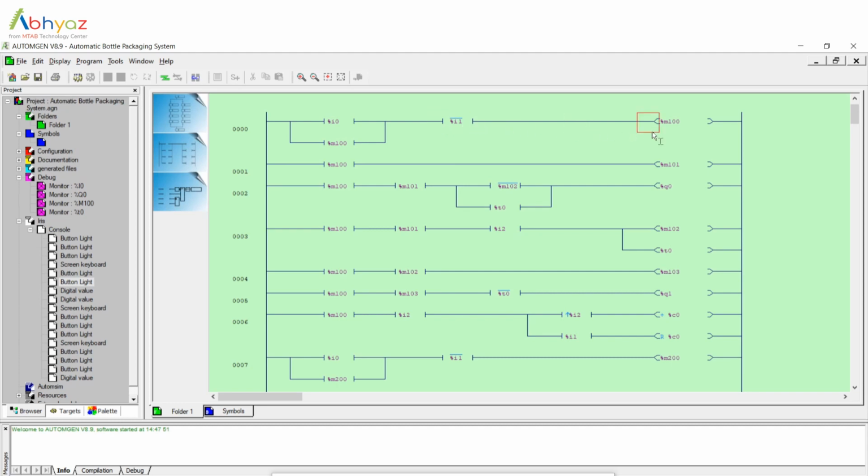And you can see that percentage M100 is the first power control memory bit, used to control the bottle filling station components, the power to the entire bottle filling process. So that is the first rung.